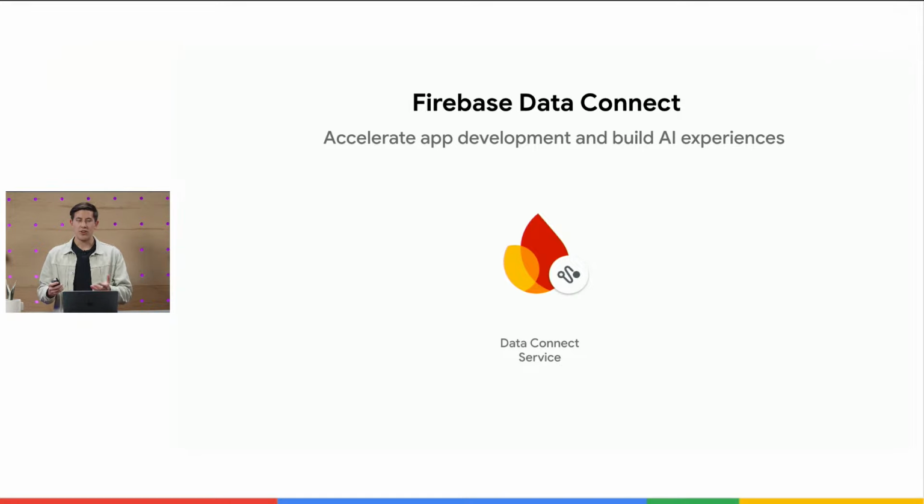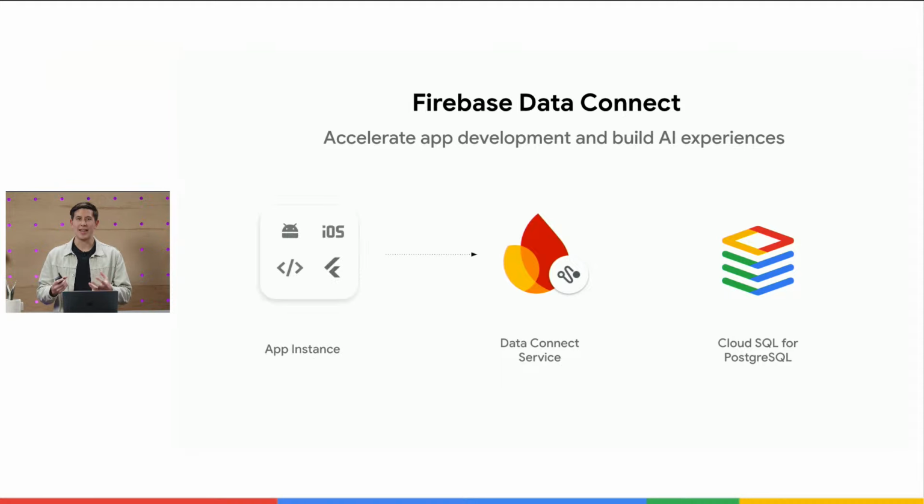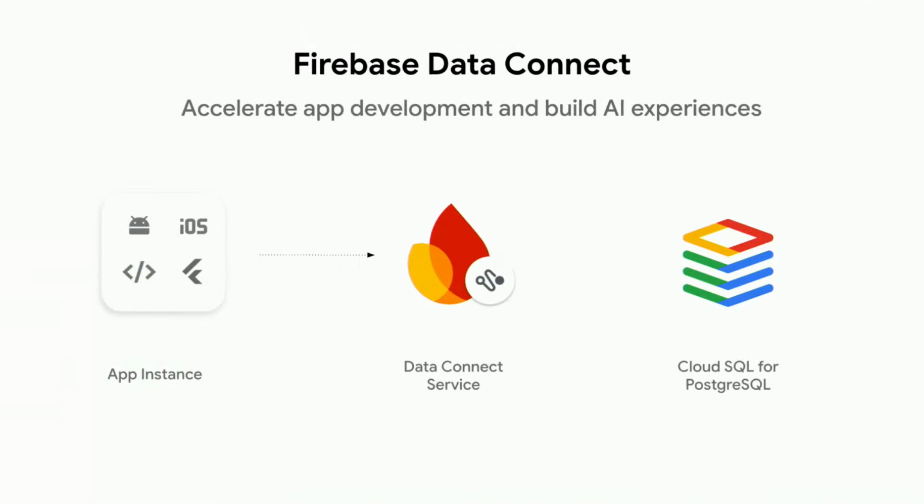So to start off, if you want to use Data Connect, it's going to connect to your Cloud SQL for Postgres instance. And this will then connect to your client application. So you can think of it as this really powerful serving layer that will translate your data out to your client and back. So you start with your client SDK on your client app, and when you want to read or write data from the client to power that customer experience, it will execute that against the Data Connect service.